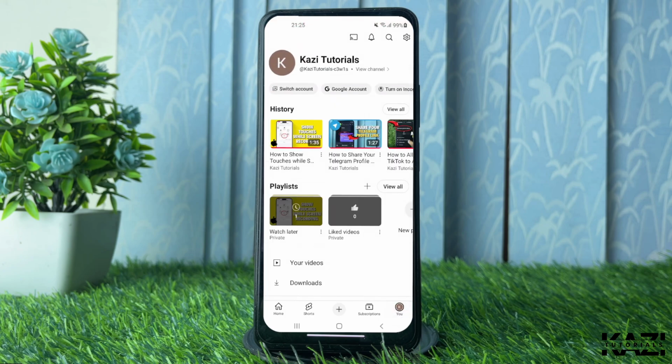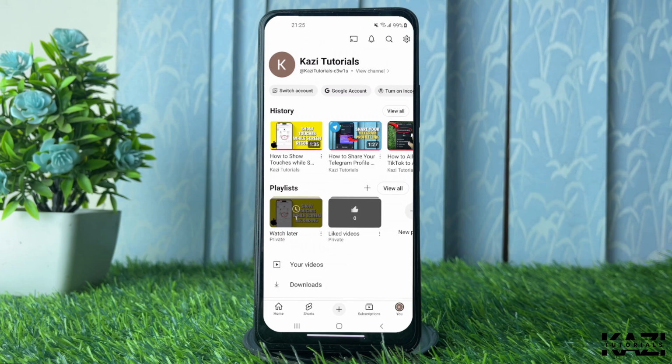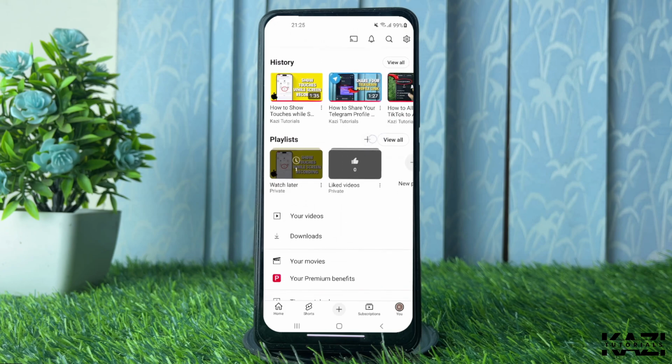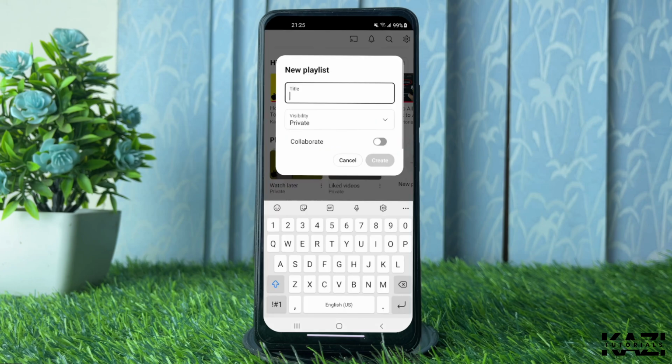Just simply tap on that, and then from here you can select the playlist, and right beside the view all option you will probably find this plus icon, which is actually to create a YouTube playlist. Alright, then now you can type in the name of this playlist, like I will go with the Kazi tutorials,